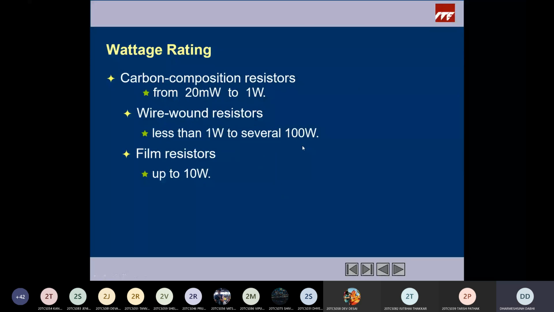Generally, as we see, there are 3 fixed types of resistor. First is the carbon composite resistor, which is generally the smallest size of resistor. So its wattage rating is very small, between 20 milliwatt to 1 watt, because its size is very small. Then second is the wire wound resistor, which is generally large in size. So it has a wattage rating between less than 1 watt to several hundred watts. Then third is